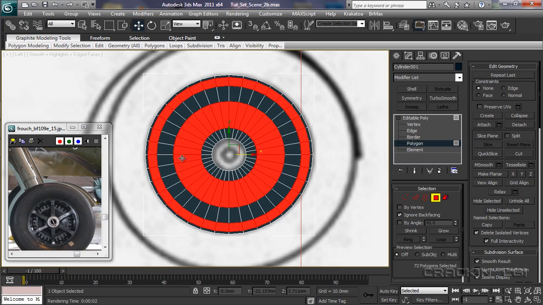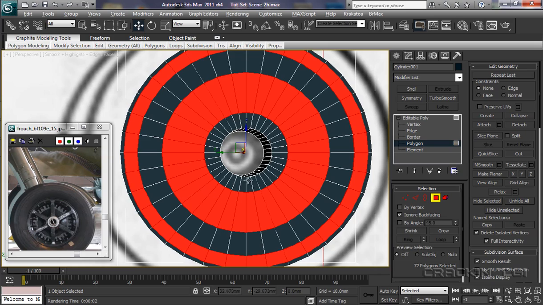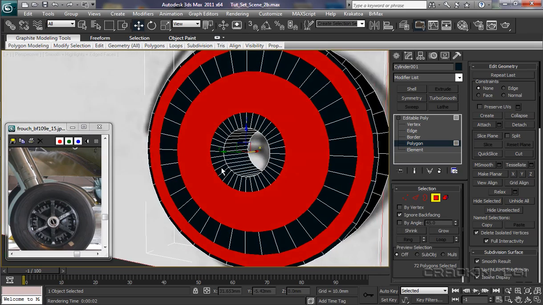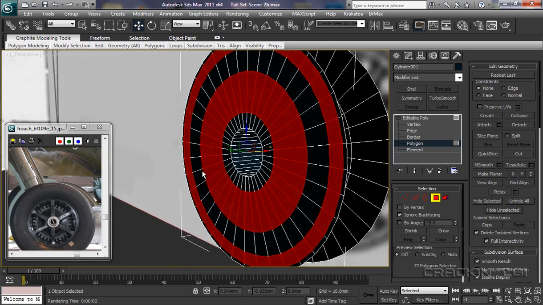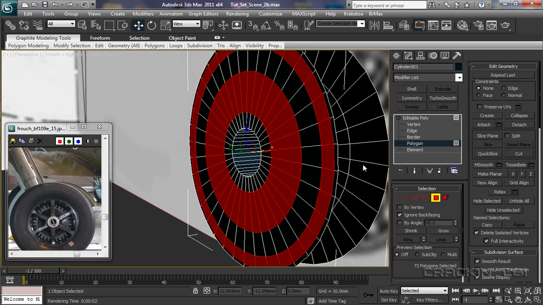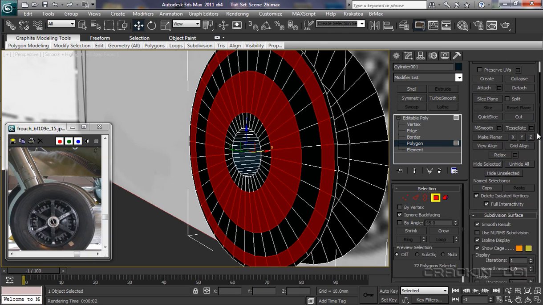Now I'm going to pop into perspective viewport for a moment, so that's P on the keyboard. I'm just going to rotate around a little bit, so there we can see, and we can see now that it's not affected the back at all. We've not selected any of the polygons there. Okay, so we're going to come down here